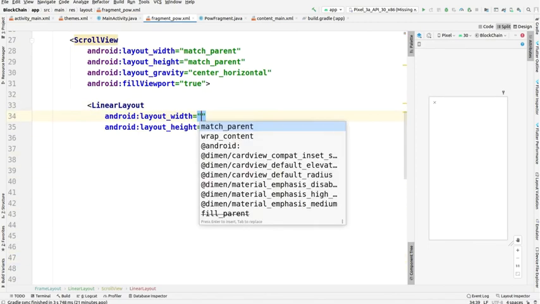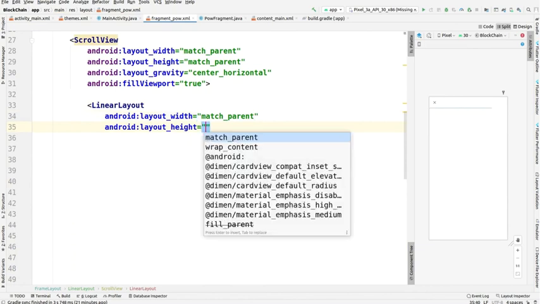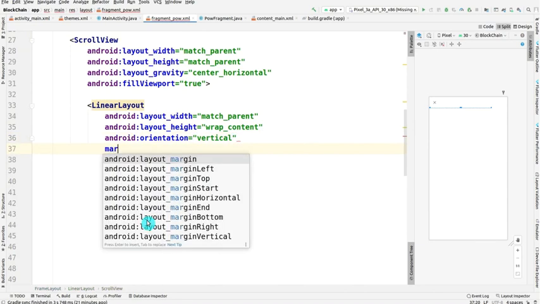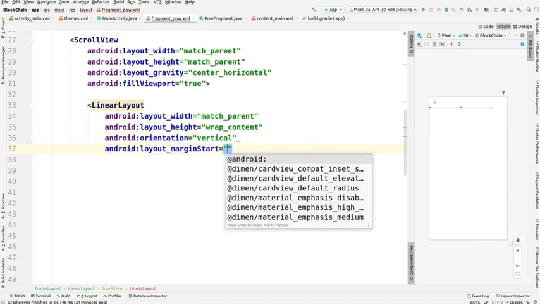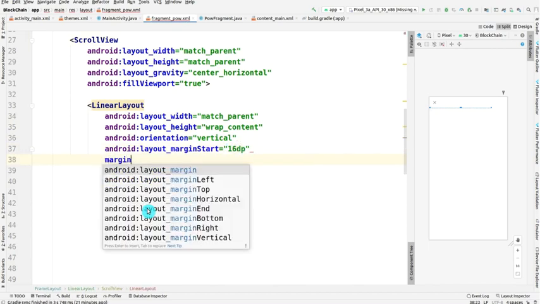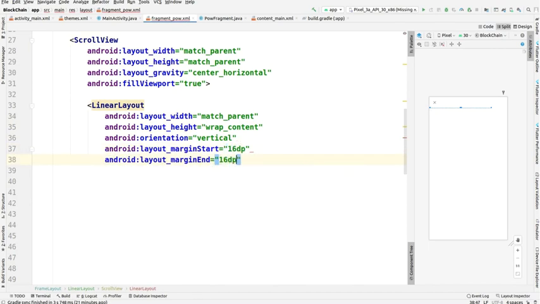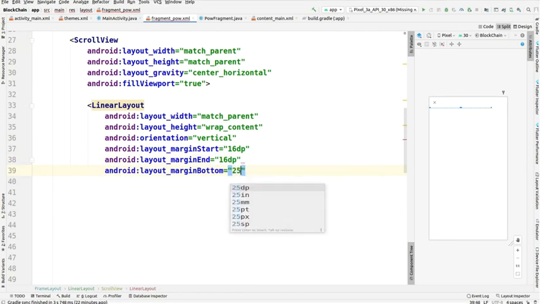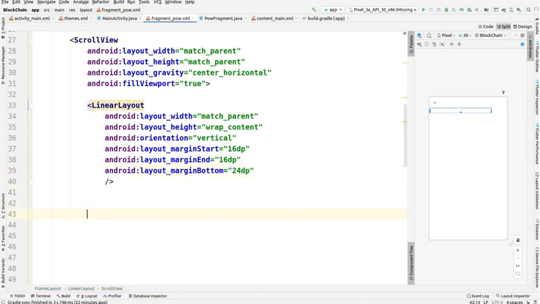And now the linear layout inside that scroll view, with layout width and layout height as match parent and wrap content respectively. Orientation is vertical, margin is being set there. And now I have to close this linear layout,